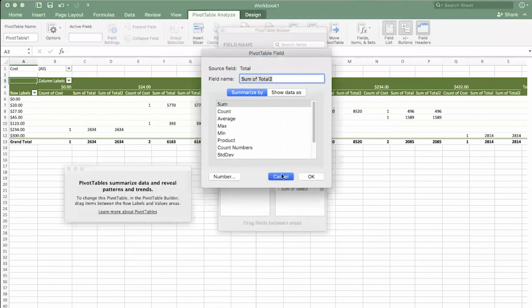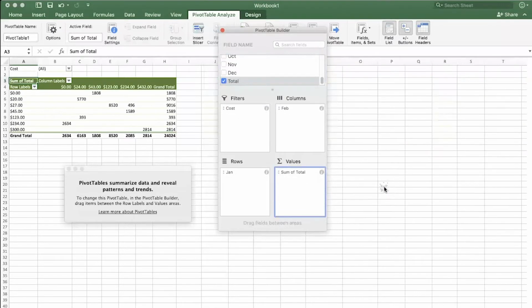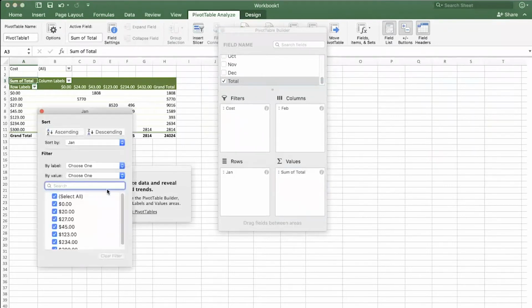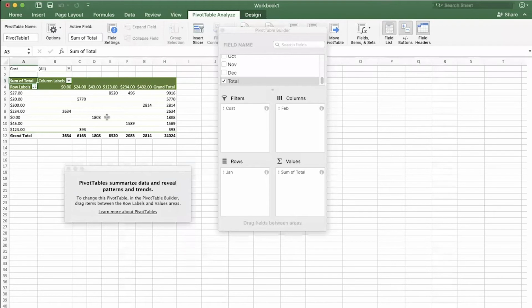Oh, I did not need two of those. Okay, so now I get the totals, and it's sorting rows.